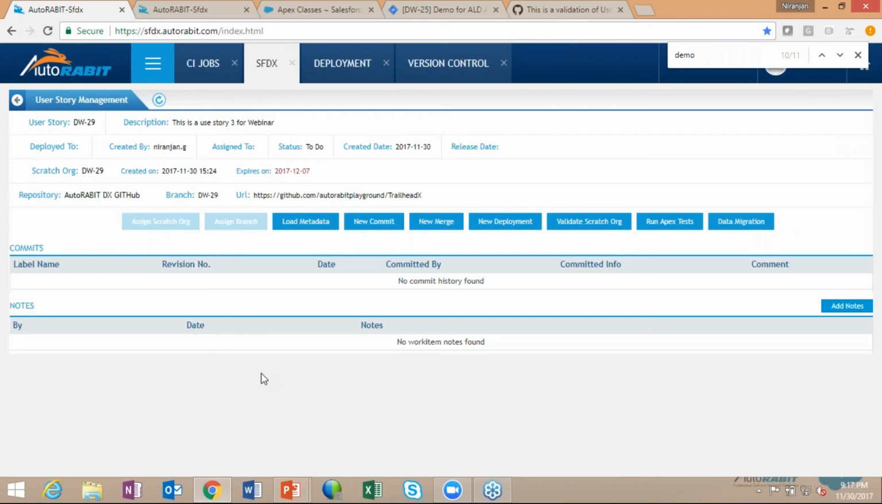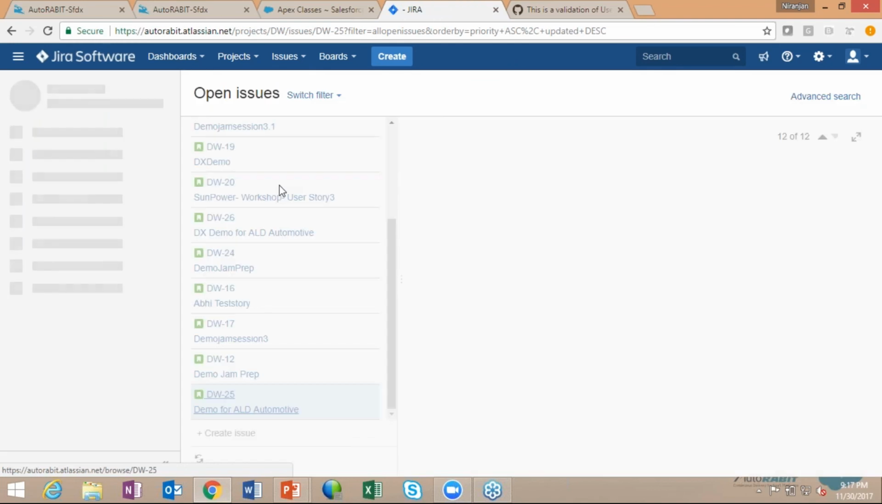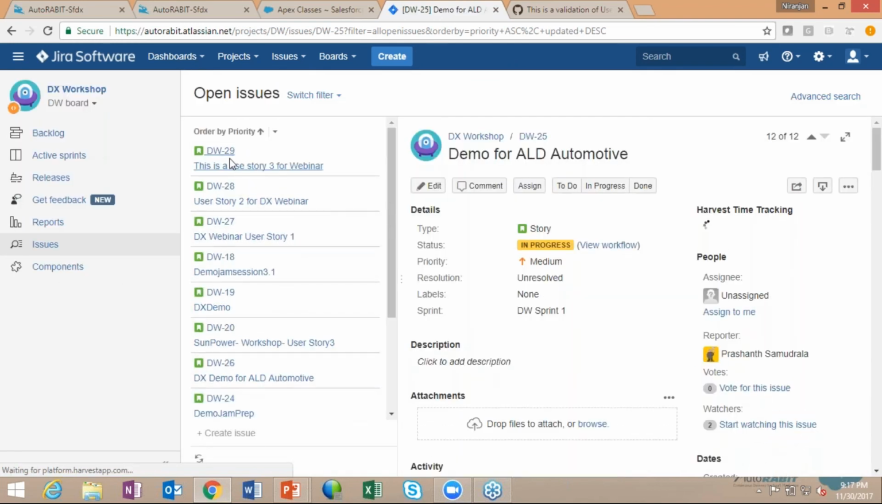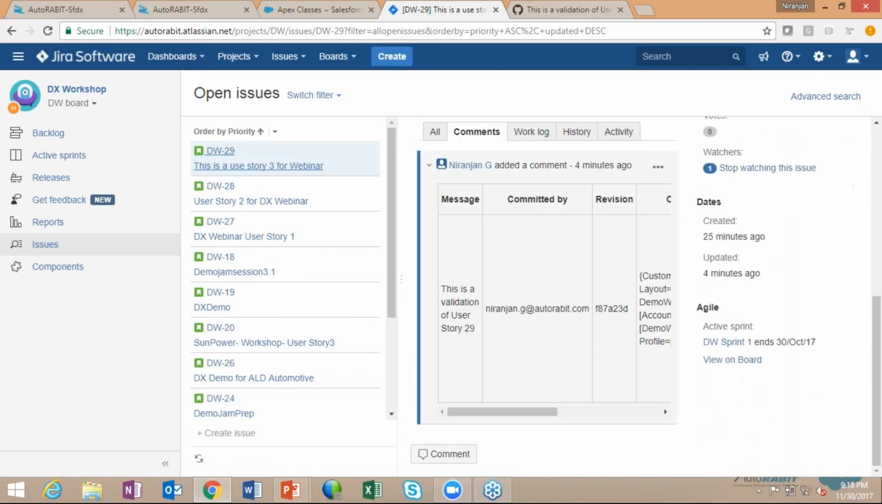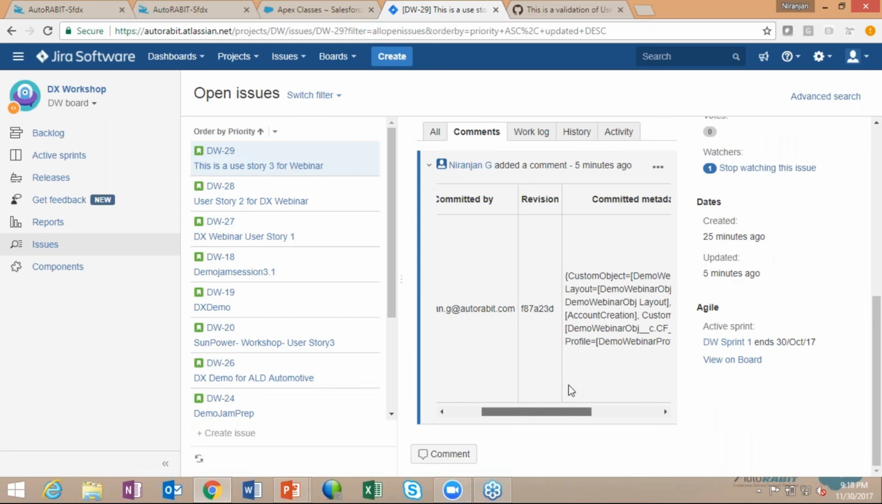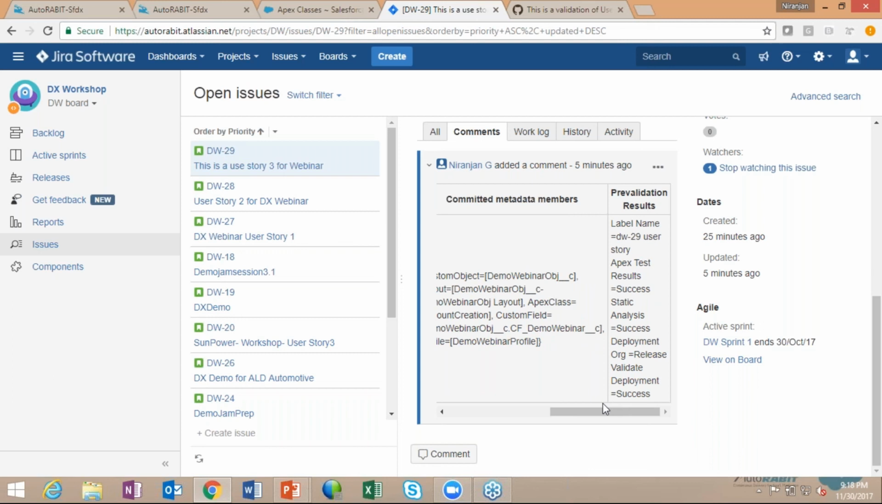AutoRABIT has excellent capabilities for release management as well. So that is where, since the commit is done, let me just refresh here to see the commit information brought here. And let me also go to Jira once to see what is in store there for this user story. This is the TW29, and you can see the status has moved to in progress, and you can also see the message, the commit revision, the list of metadata members that are part, and the validation results, all written back